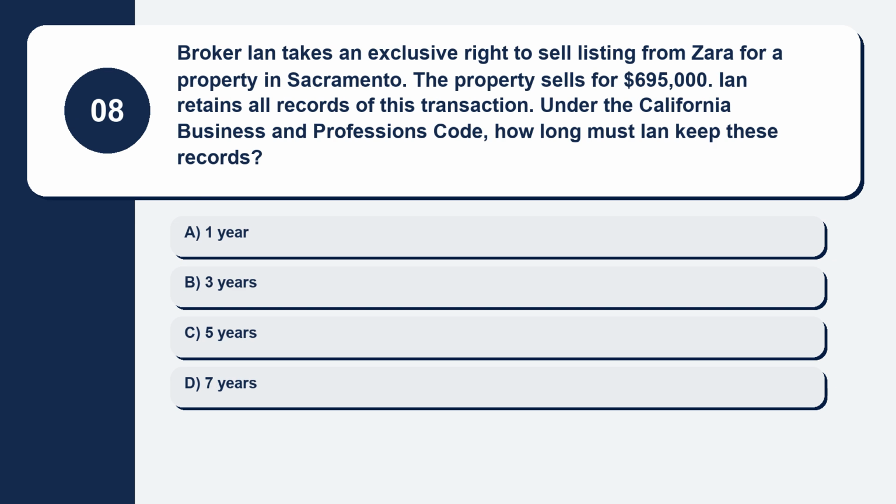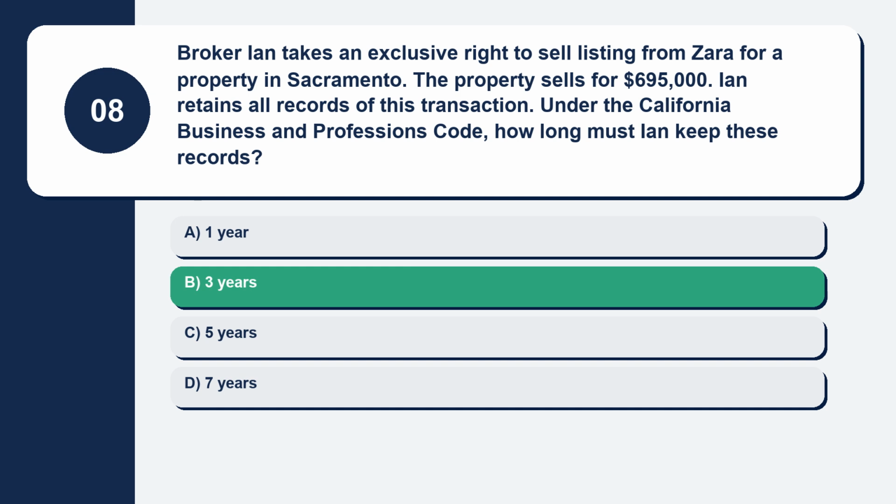Question 8. Broker Ian takes an exclusive right to sell listing from Zara for a property in Sacramento. The property sells for $695,000. Ian retains all records of this transaction. Under the California Business and Professions Code, how long must Ian keep these records? Here are your options. Option A, 1 year. Option B, 3 years. Option C, 5 years. Option D, 7 years. The correct answer is option B,